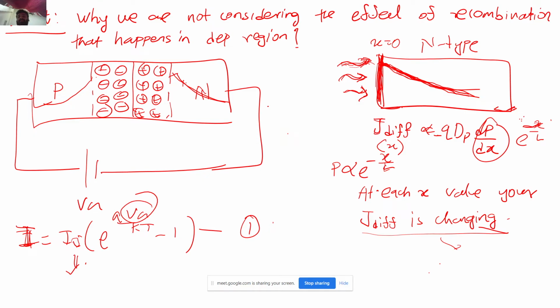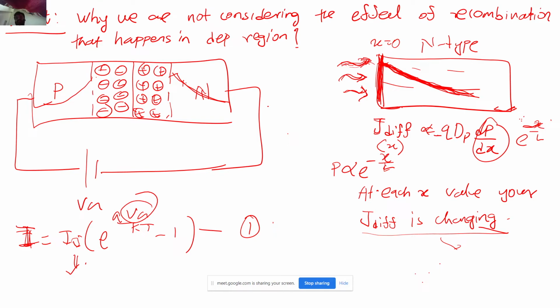Let's say this is in steady state concentration. If you are continuously injecting carriers, then you have some concentration, and this concentration will keep on decaying like this. As the excess holes start diffusing, there will be another component, as you told me, the drift, which will come up and maintain this concentration gradient. It will not be constant or flat everywhere.